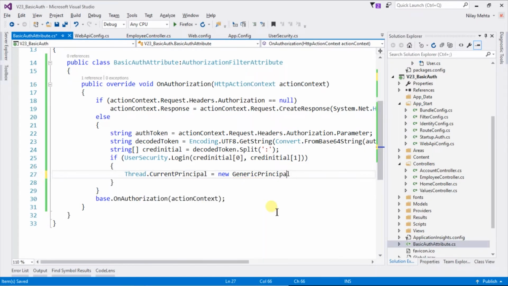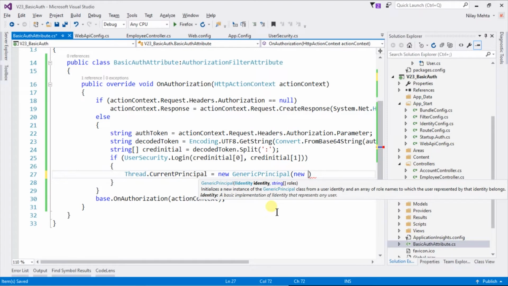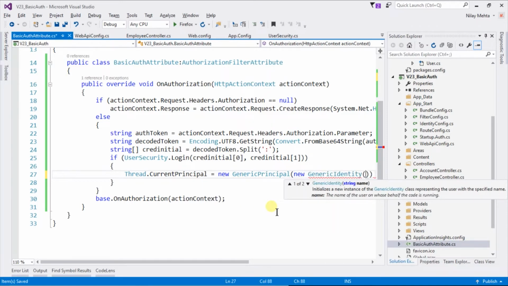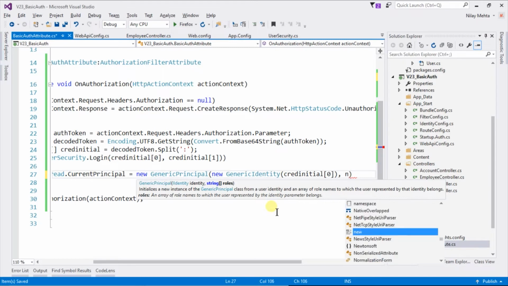For it, create a new generic identity. For that, we need to pass the logged in username. So we are using credential of 0 and pass the role. That will be null in our case,